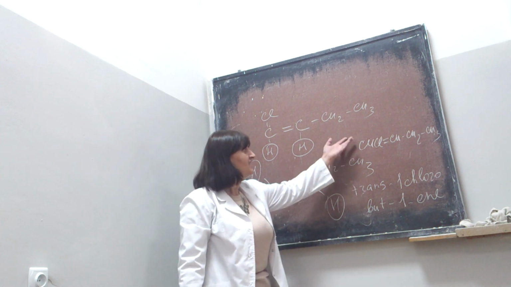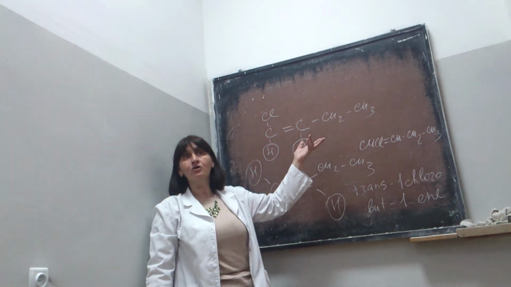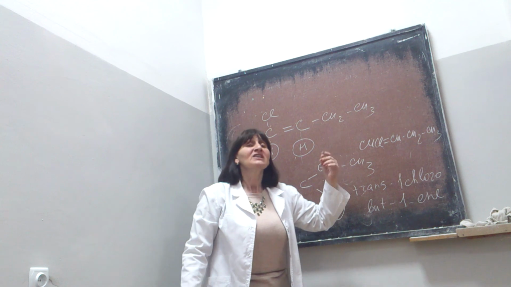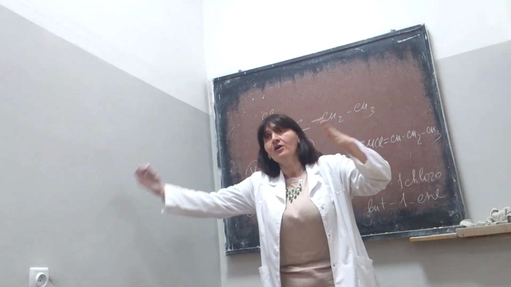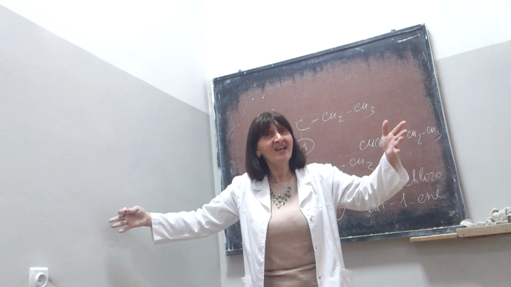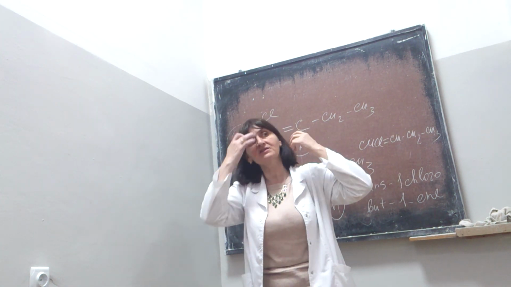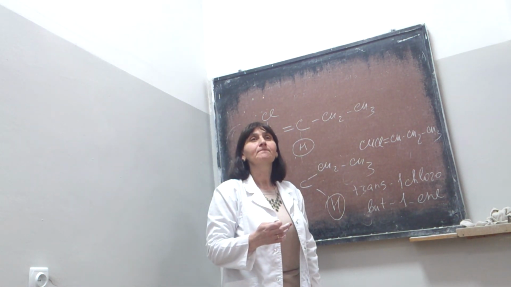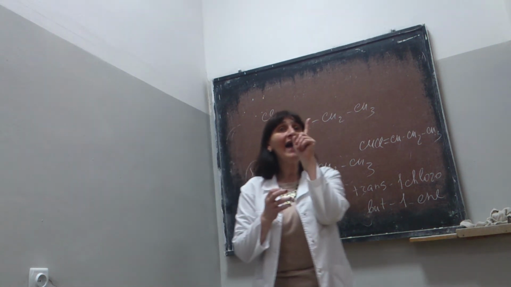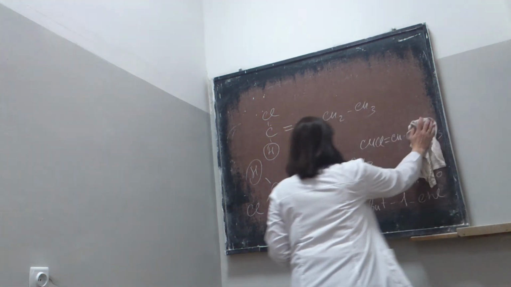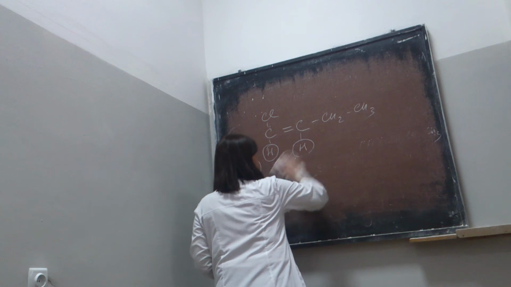Without chlorine, but-1-ene has no geometric isomers. Why? Because in this case you have the same groups on the first carbon, two H atoms. So if you see different groups separately on both sides of the double bond, in this case you can discuss cis-trans isomers. So every carbon must have at least one same group. I write one version, and tell me please, do you have cis-trans isomers here or not? No, trans. Now, for the